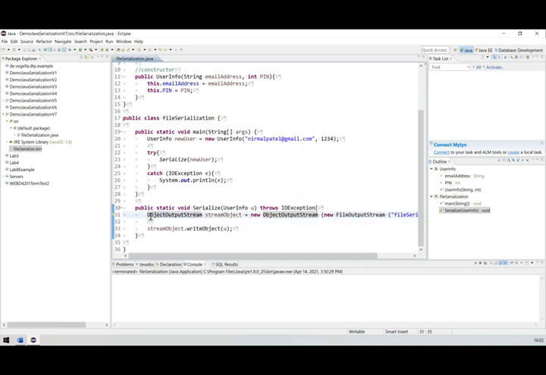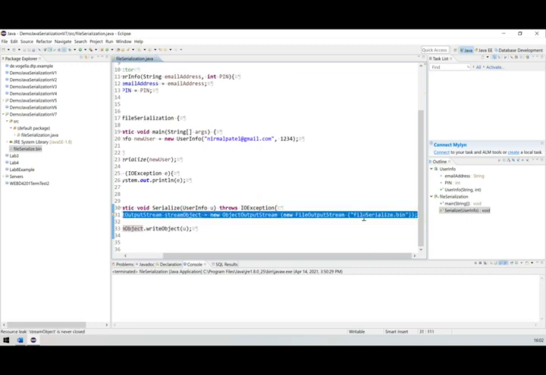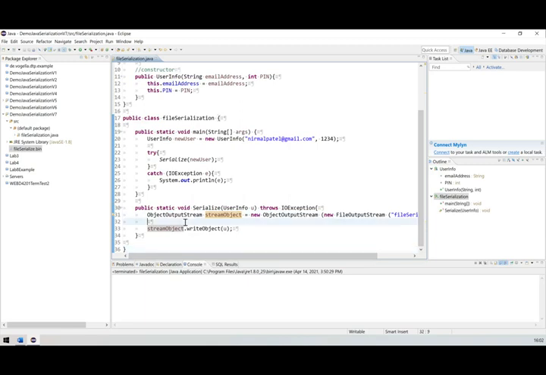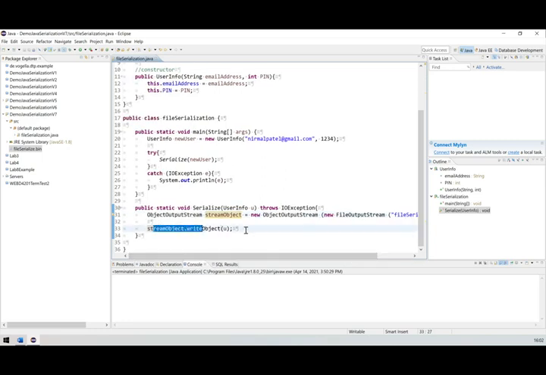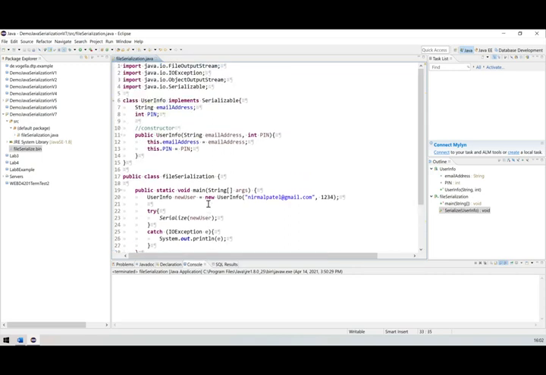Now this is where the main logic is. This is the output stream, and I created a new output stream that also has a new file stream, where the file is called file serializable. Now this writes the object of the UserInfo class.